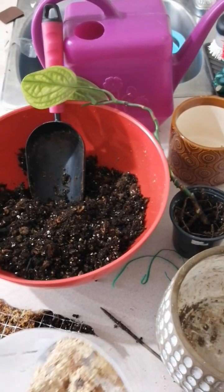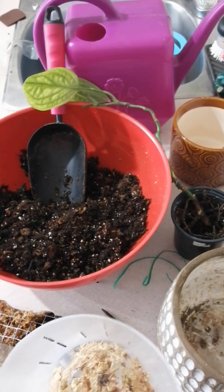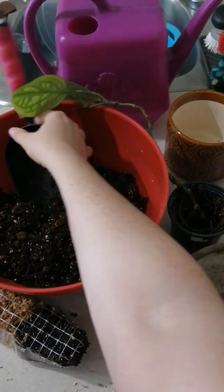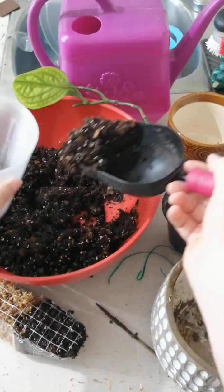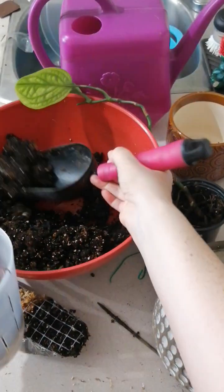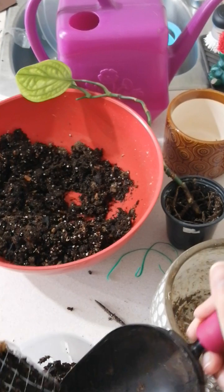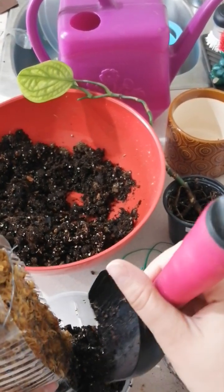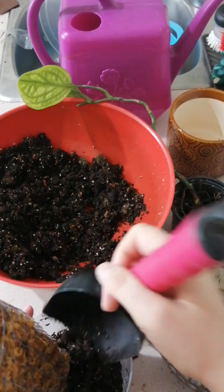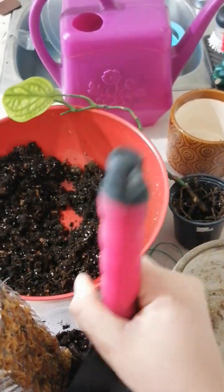Okay, so my trick, or at least the trick that I've been utilizing lately to keep soil from falling through all the drainage holes, is to put some moss at the bottom. And this, in my mind anyway, serves kind of a double function, because it not only stops the soil from falling through the bottom, but it also provides a little bit of a wick for water. So instead of just having water sitting at the bottom of the decorative pot waiting for the roots to suck up the water, which honestly I don't think is exactly how it happens. I'm pretty sure that the soil itself sucks up water and then the roots get to it, but anyway,